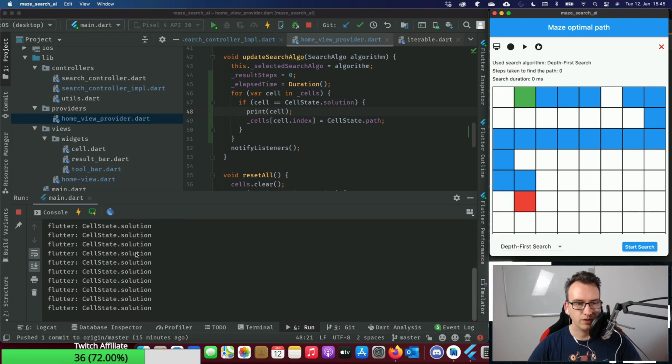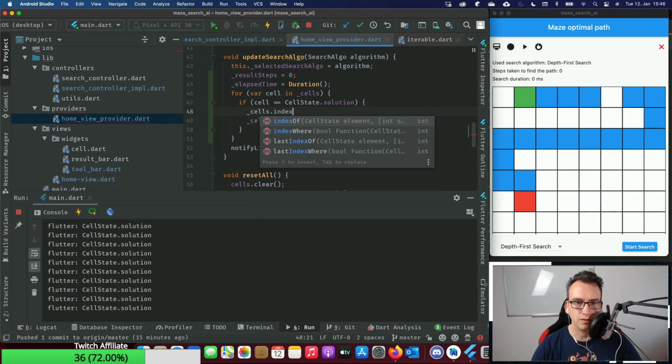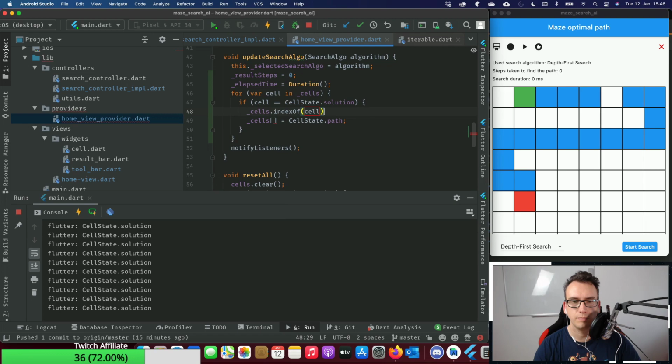So we get a lot of cell state solutions. The index is wrong. The cells.indexOf(cell), and then this comes here.